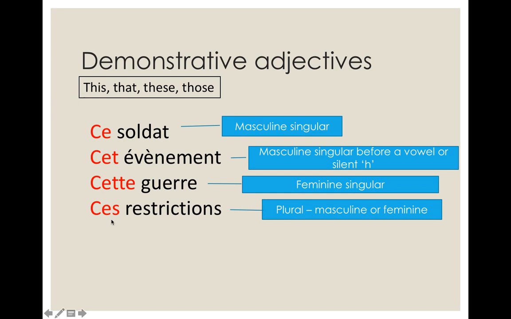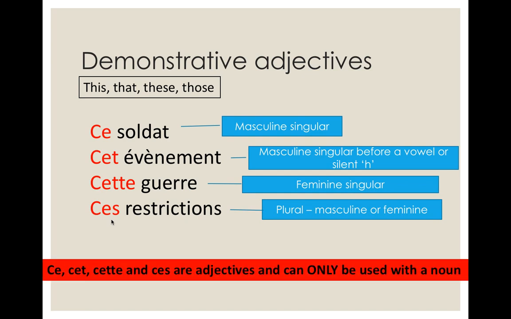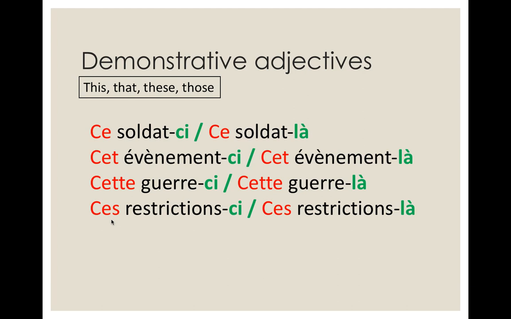So these are the adjectives. These are the words that have to come before a noun; we have to use them with a noun. But if we want to actually replace the noun, we're going to use a pronoun. Before that though, let's have a little look at this. If we want to add some more information and we want to actually specify this soldier or that soldier, this soldier here, that soldier there, especially useful when we want to make some comparisons, we can use these little words